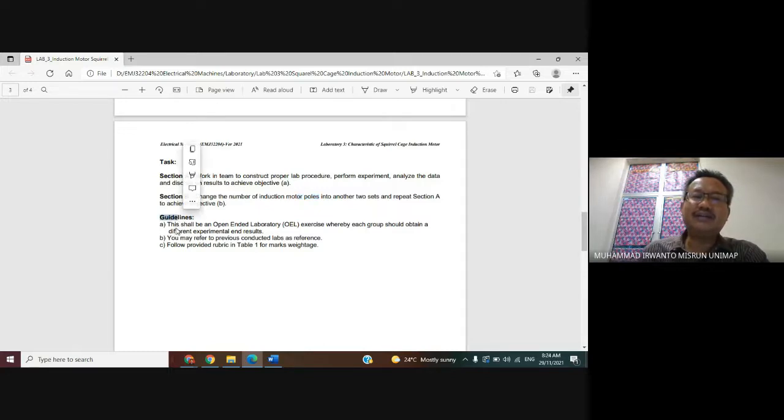Guideline: this is an open-ended lab. You work in your team to achieve both objectives and complete these two sections, section A and section B. Each group should obtain a different experimental result. You may refer to previously conducted labs as reference.